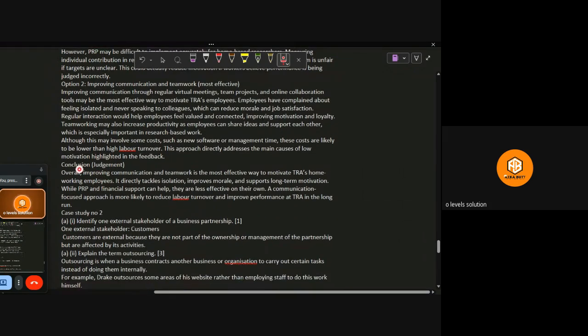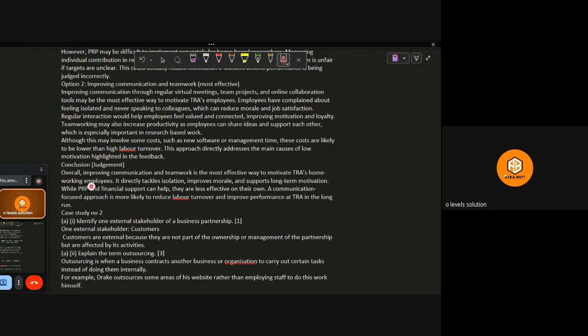Now we need to make the final conclusion. So we can say that overall, improving communication and teamwork is the most effective way to motivate the TRA's home working employees. It directly tackles isolation. It improves the morale and supports the long-term motivation. While PRP and financial support can help, meaning performance related pay, they are less effective on their own. A communication focused approach is more likely to reduce labor turnover and improve performance at TRA in the long run,